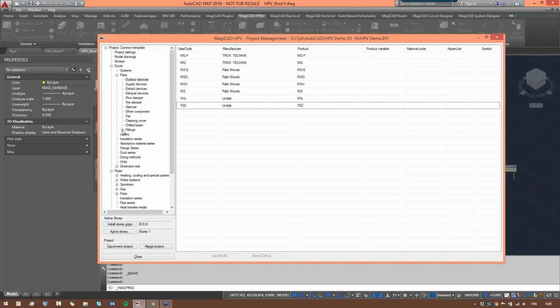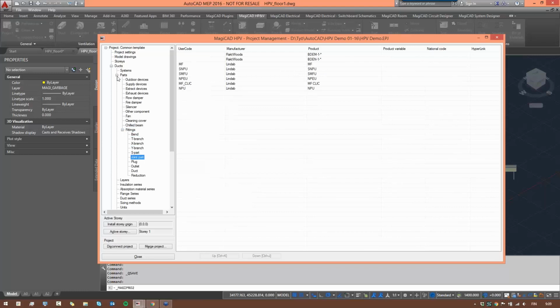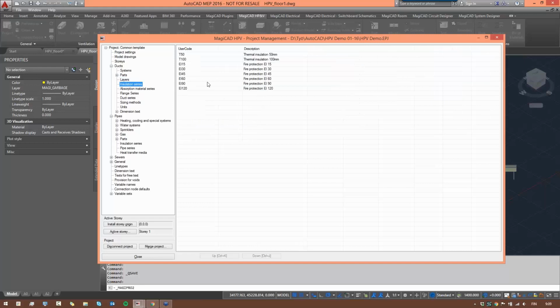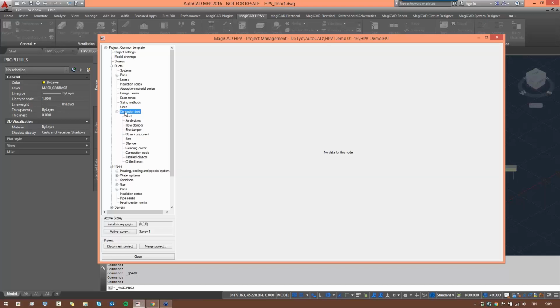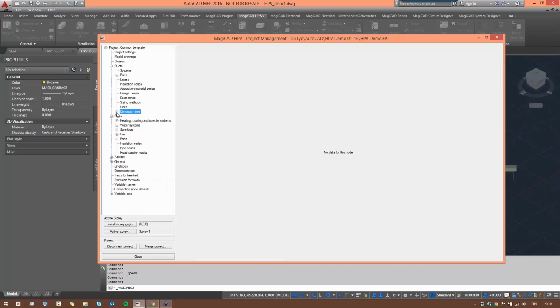Different kinds of parts, all the fittings are in there as well, for bends, T-branches, which are selected for the project. Then there are layer definitions, insulation series, absorption material series, flange series, the different duct series and pipe series, of course, on the pipe side, sizing methods, different units which we will be using in the project, a few additions there. Dimension text, of course,